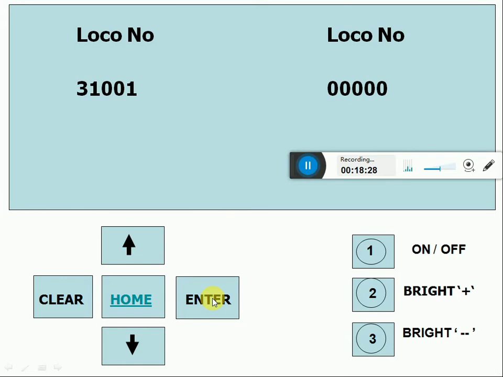So we can see loco number 1 and loco number 2. In case of multi, if UAC is connected properly, the second loco number will also display. If loco 1 and loco 2 are displayed in case of multi, it means proper multi connection has taken place. In single loco, only one loco number will display.